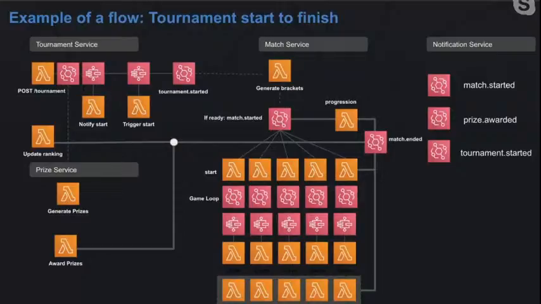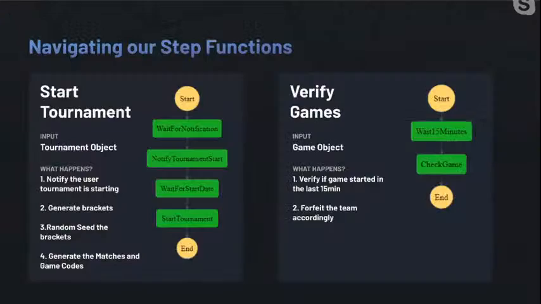So none of this would be possible without using AWS Step Functions, which have really helped us out. As you may know, these act as a state machine, so you can run several lambdas in sequence, and they're really useful for carrying out a predefined sequence of steps, especially at a set start time.